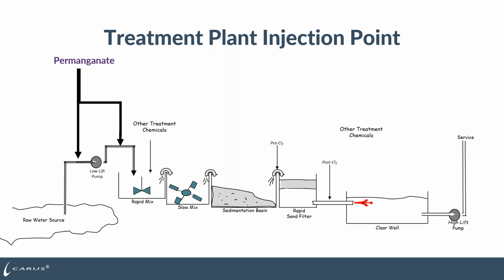A lot of plants, though, are built right next to their water source, so whether they feed at the intake or they feed at the plant site, it might gain them 60 seconds or 2 minutes worth of reaction time. So in that case, you can feed directly at the plant at the rapid mix. There, permanganate's going to react, and you're going to use your time in your rapid mix and in your slow mix, where you're building your floc size. That's going to be time that you're going to use as well